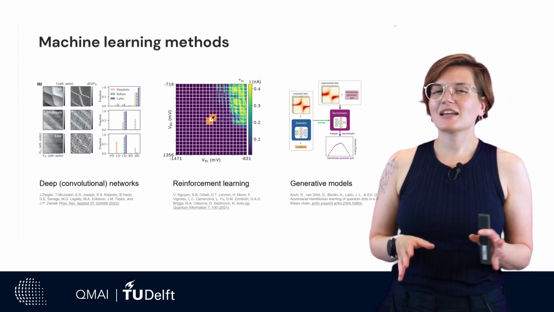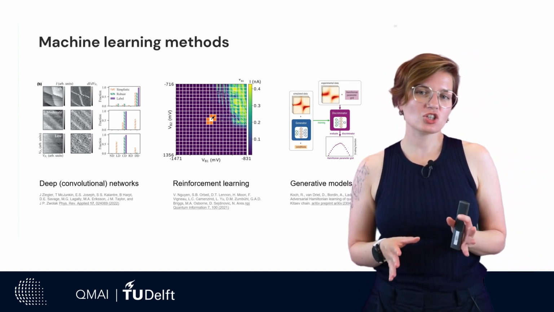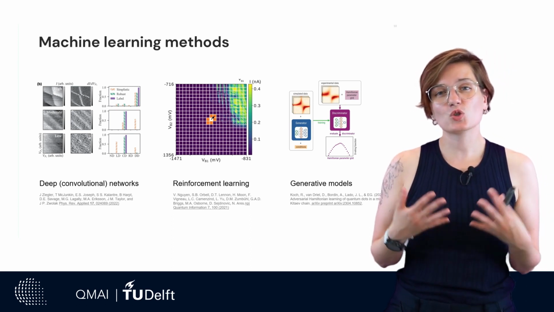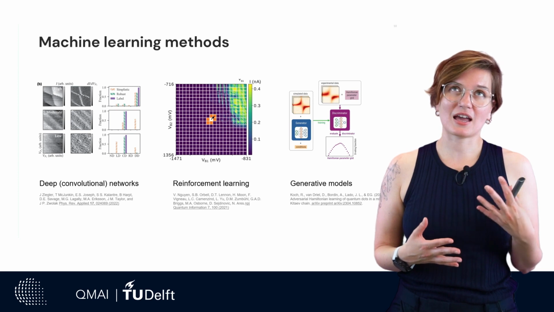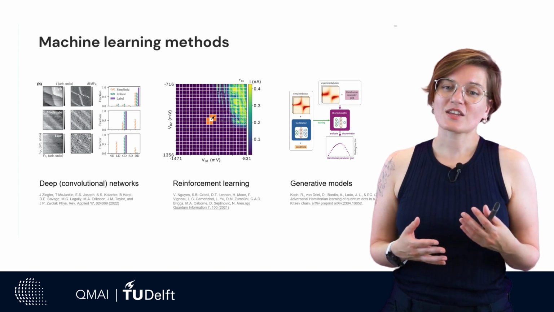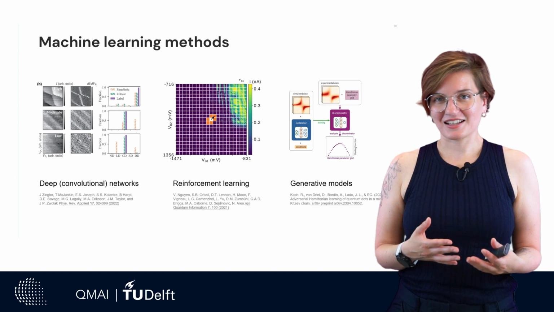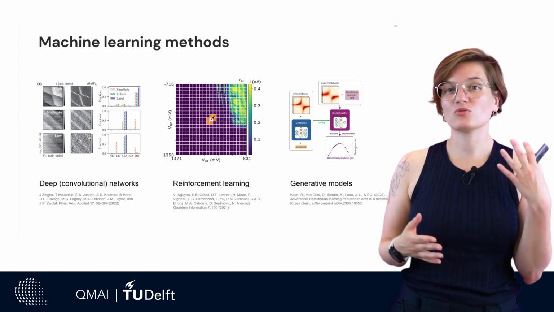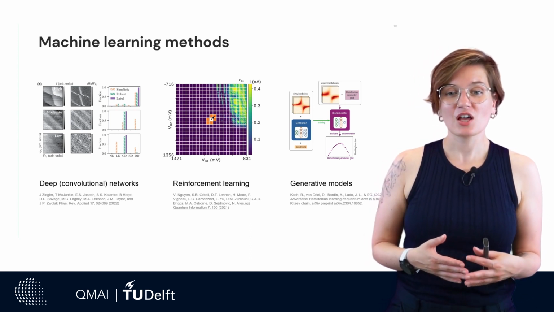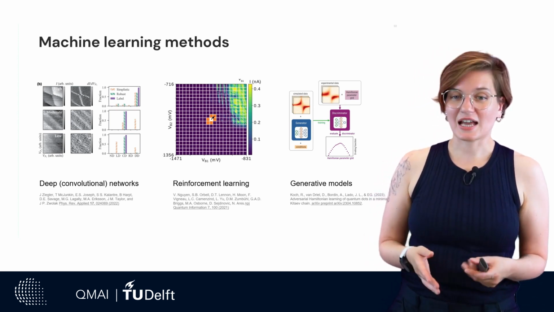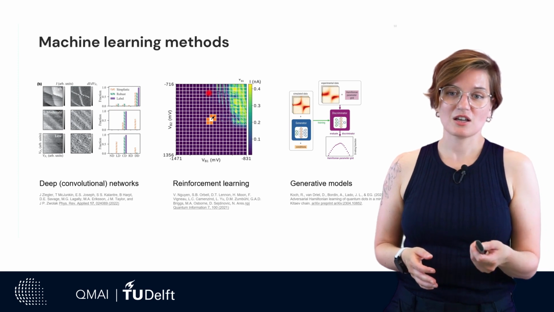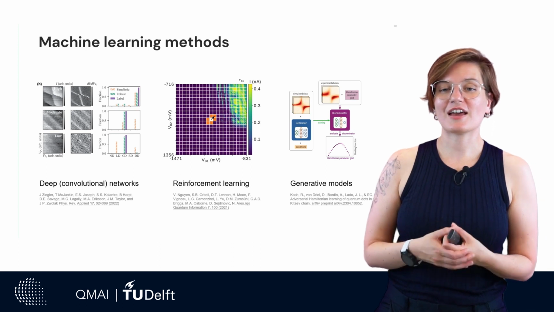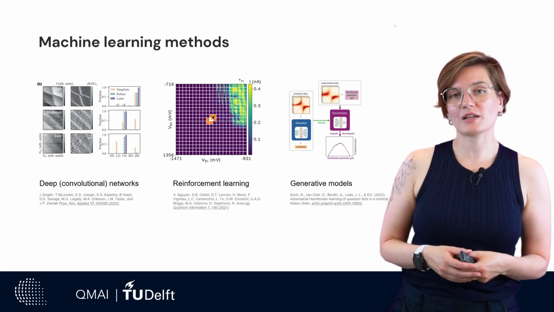So this creates a machine learning challenge that one should have in mind, especially when it comes to an easily evaluated reward. It's not always the case in a quantum experiment. Sometimes you have to simulate something very hard, or you need to measure something very expensive. But there are cases where it has been used successfully. This is a very nice paper from Natalia Ares' group from 2021, where they indeed used reinforcement learning for a tuning task.